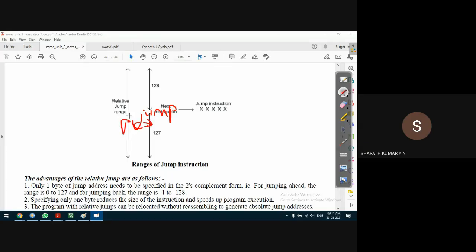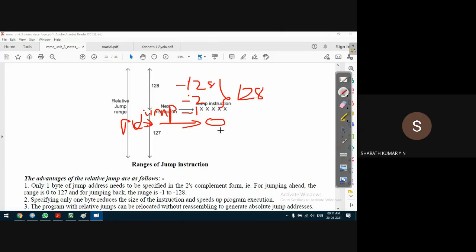If you consider PC as the reference, that means it is the 0th point, the starting point. The jump instruction is -1. The previous instruction is -2. Like this, it can go up to a maximum of -128. -128 means it can take a jump of 128 locations. 128 bytes means 128 locations, because one location is 1 byte.